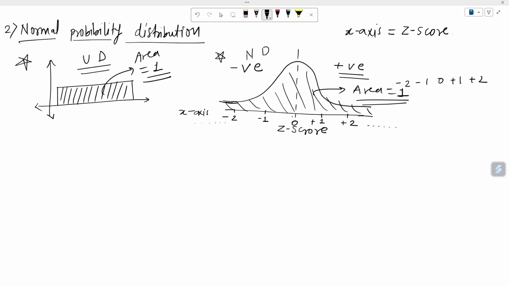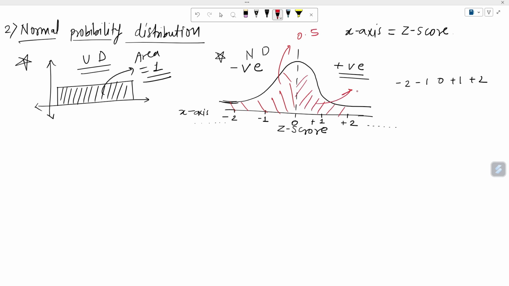Now, if the whole area is 1, let me clear this. So the half portion is going to be 0.5, and this portion is also going to be 0.5. Okay,